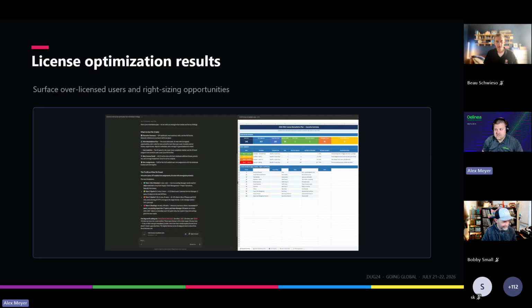And now I can start to ask it questions about, hey, I want to do a license analysis and I want to look to see where I could potentially save money on licensing costs, right? So this is a great example of being able to take the idea that we looked at earlier and applying it to something else, right? So we're able to go in and actually look to say, where are there areas that I could improve my licensing just based on the roles that this user's assigned,